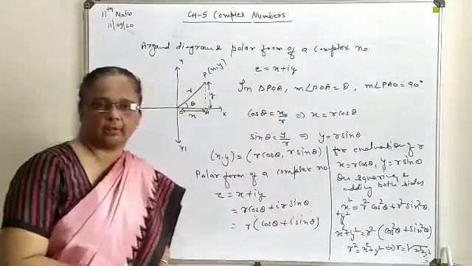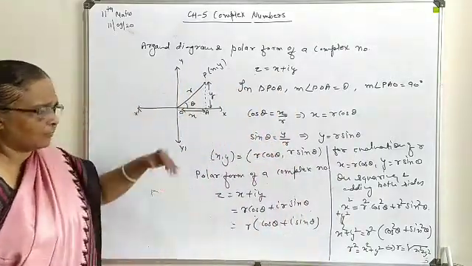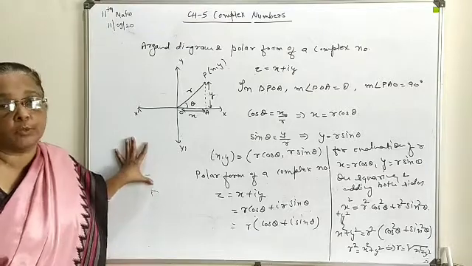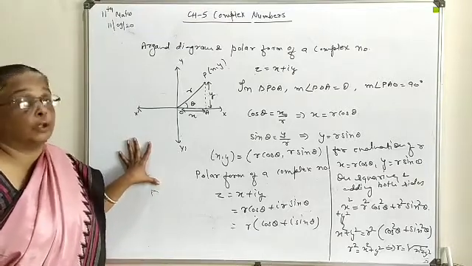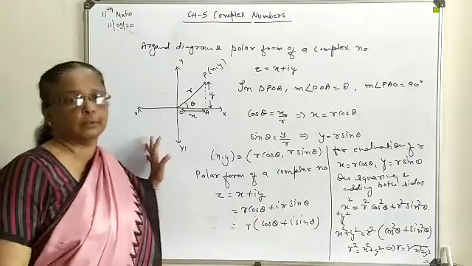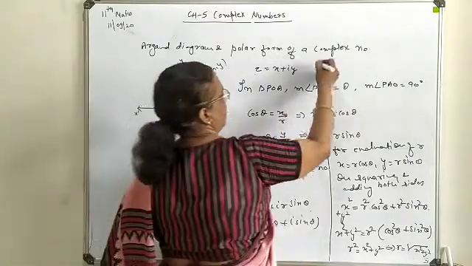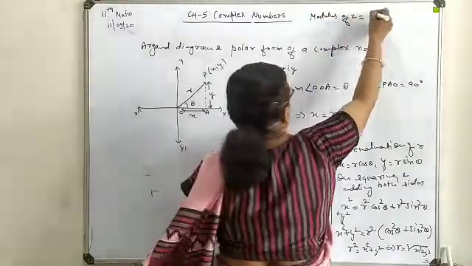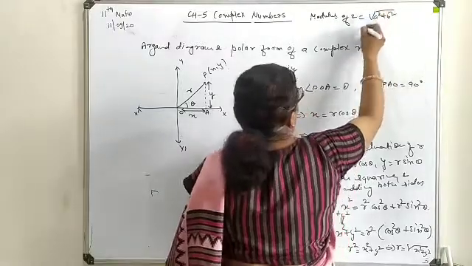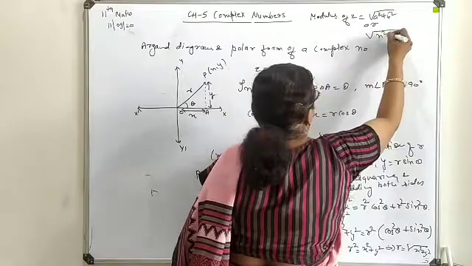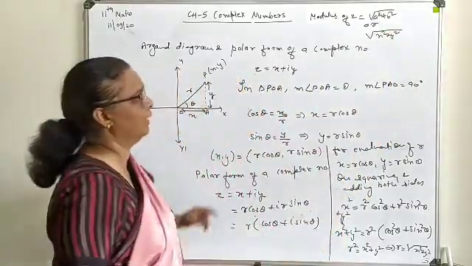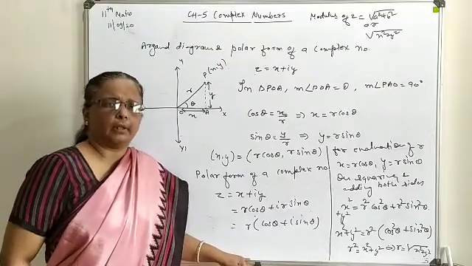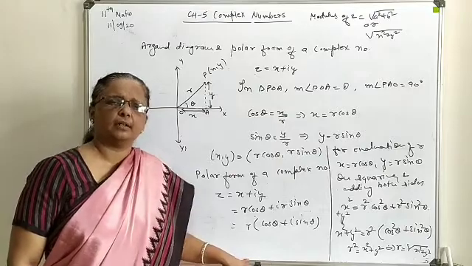This way you can evaluate r, for evaluation of your x or y value or whatever else will be required. So this r is called the modulus value for the given complex number. In the last class I was also talking about the modulus form, which we wrote as modulus of z equals under root of a square plus b square. Here we have the same form but in terms of x and y. So this way you can write your modulus either in terms of a, b or in terms of x and y.